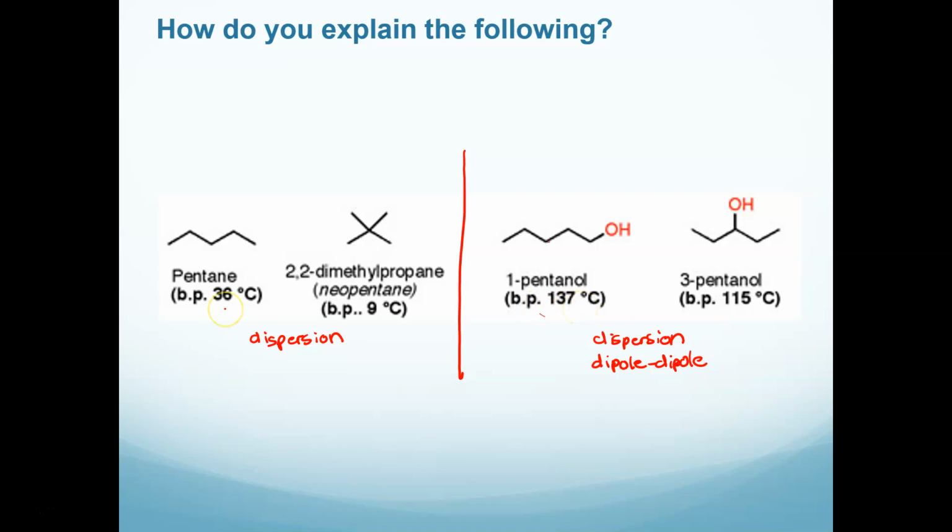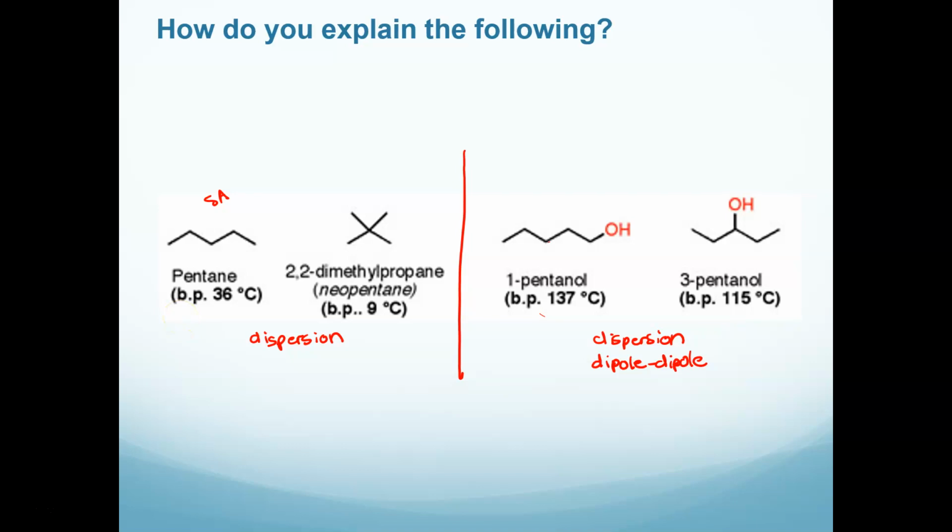On this side, if we want to differentiate between these two, it's the same reasoning. We have a long linear chain with more surface area versus a molecule that has a rounder shape. So I would always start with listing the types of intermolecular forces, and then figure out the shape of the molecule and how that comes into play. And make sure you're paying attention to whether you're talking about the boiling point or the melting point,